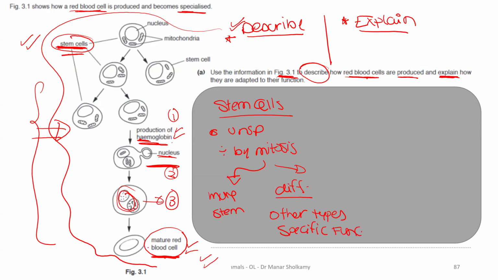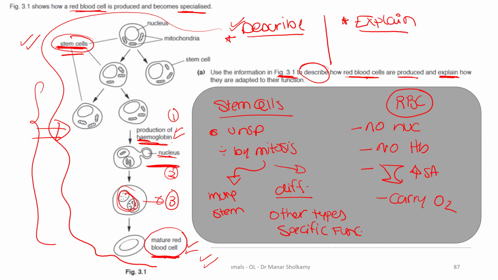And you also know lots of information about the red blood cell. How is the red blood cell adapted to carry out its function? Biconcave in shape. They don't have a nucleus to carry more oxygen. Exactly. They have hemoglobin to bind with the oxygen. They are biconcave to increase the surface area. They carry oxygen. This is their function. Definitely, if you write all this, no way will you lose a single mark because you answered the question. No organelles, yes, of course, it has hemoglobin only. It doesn't have any other organelles.